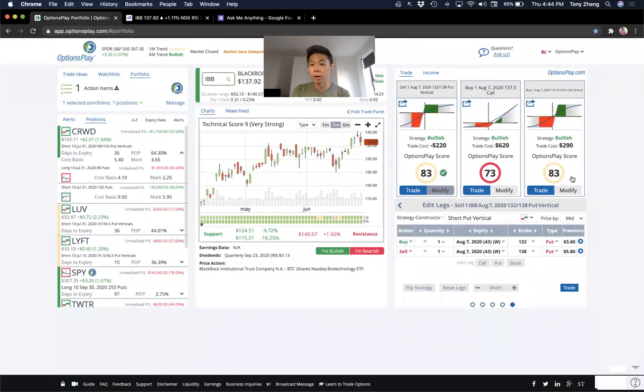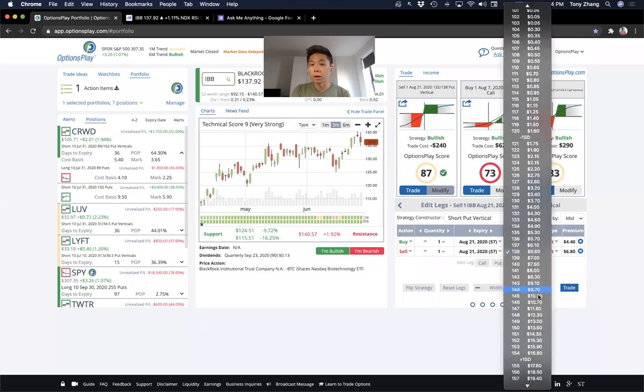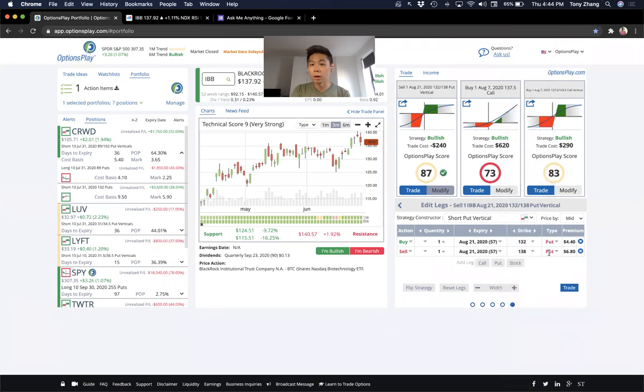If you do think it's going to make a big move to the upside, you might look at buying premium. I would probably go out to August if I was buying premium here. I want to buy myself a little bit more time, especially if you're buying premium, you are buying options, you want to buy a longer dated option. So I would be looking at something like a 132 and looking at substantially higher premiums to sell here for,